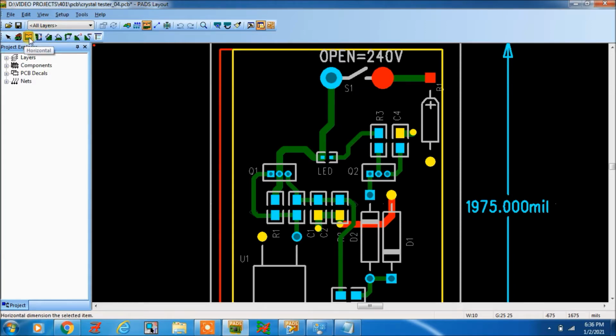Okay, fine, so let's start. This is the dimensioning toolbar. First we have to come here, and for making horizontal, suppose you want to measure the distance between this pad and this pad, then you just make it horizontal because it is horizontal. And suppose you want this pad to this partition, this is vertical, so I will show you how to make that. This is horizontal.